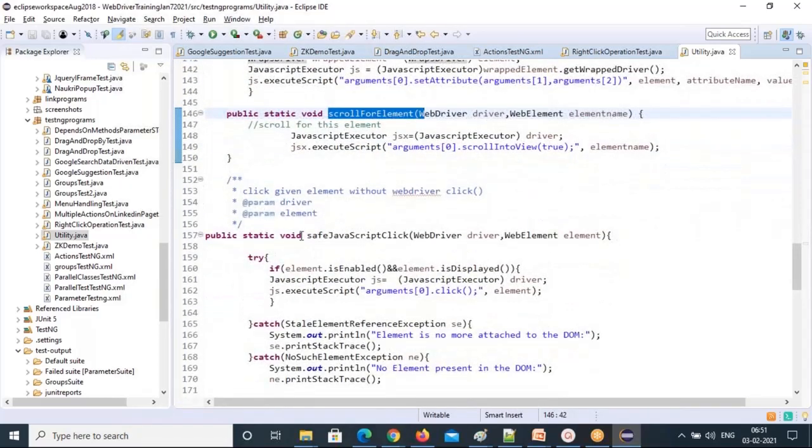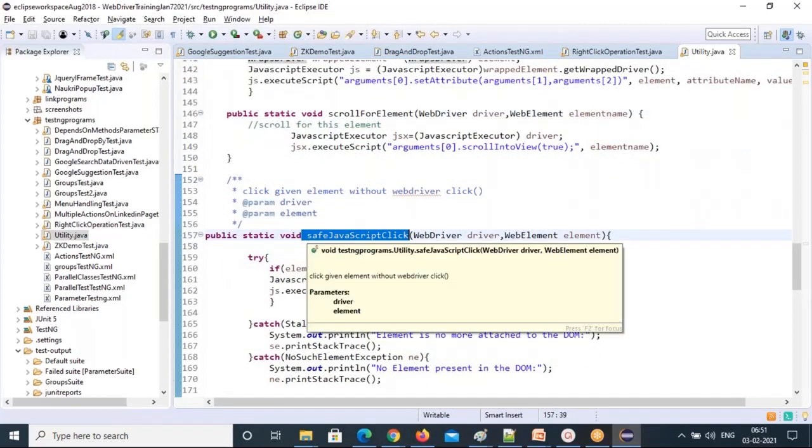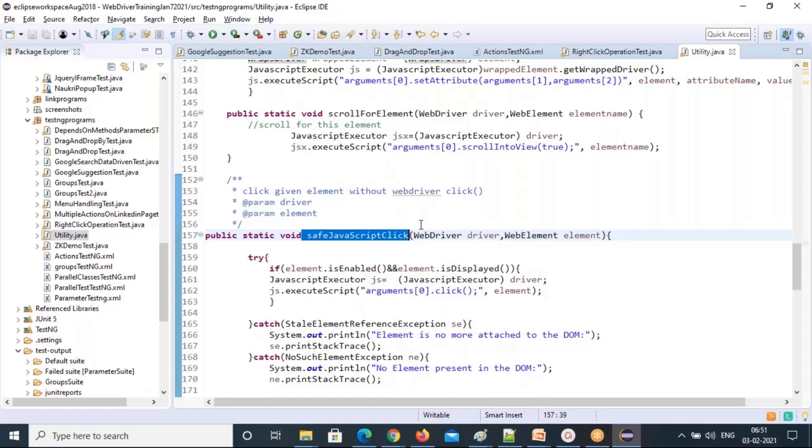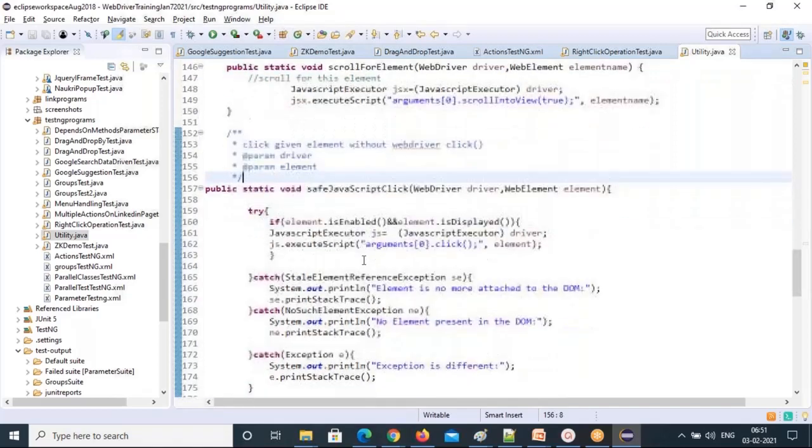Say JavaScript click. You want to perform the click operation without using the WebDriver click method. You need to perform the click action on the element without using a click method. So this is the JavaScript click you can use: WebDriver driver comma WebElement. I'm using a single try block and multiple catch blocks.